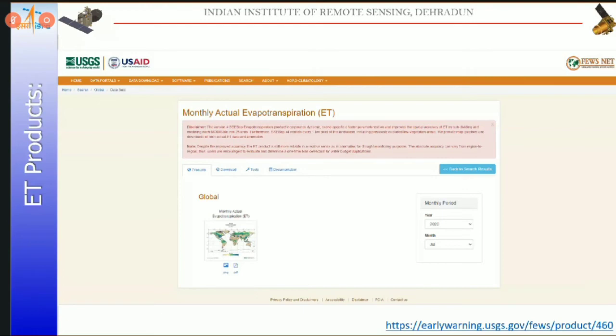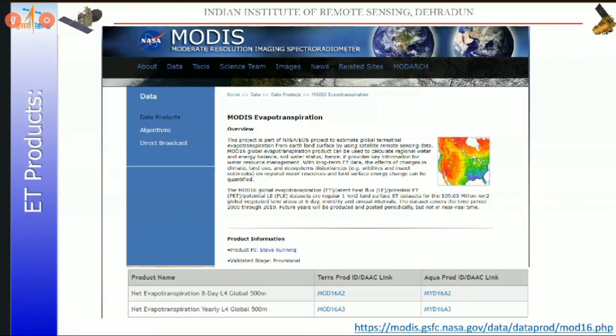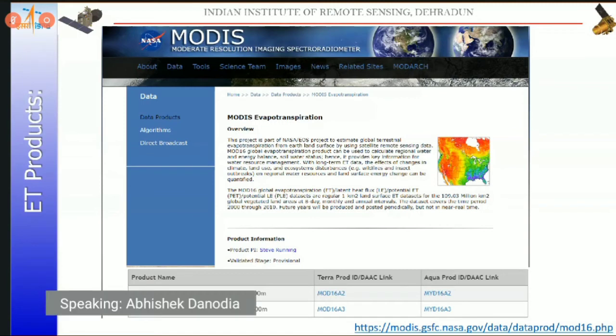Now, one more type of ET product. What is evapotranspiration? It has a spatial resolution of 1 kilometer pixel size, and this is also a global product. You can download the data sets. I also give you the URL of the particular website. Here you can download as per your area of interest, region of interest, or your study area. You can download the data sets and compare and analyze how much